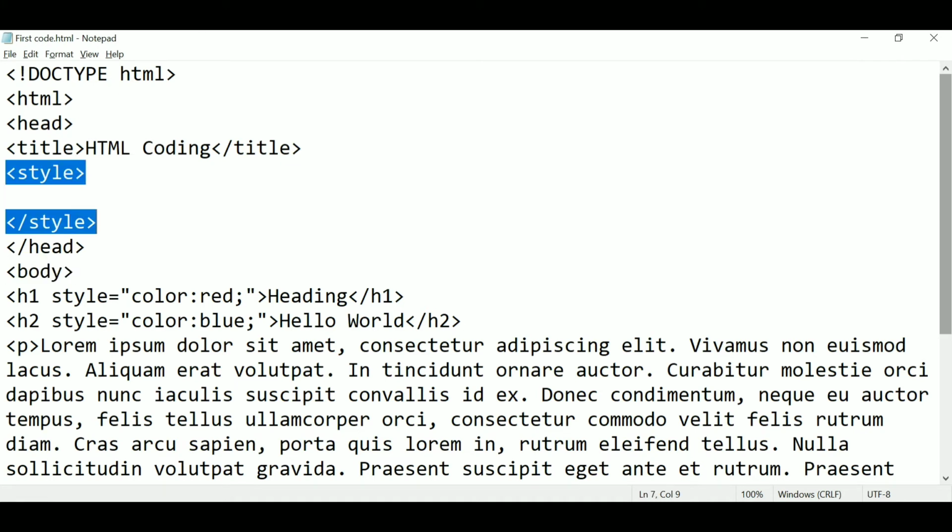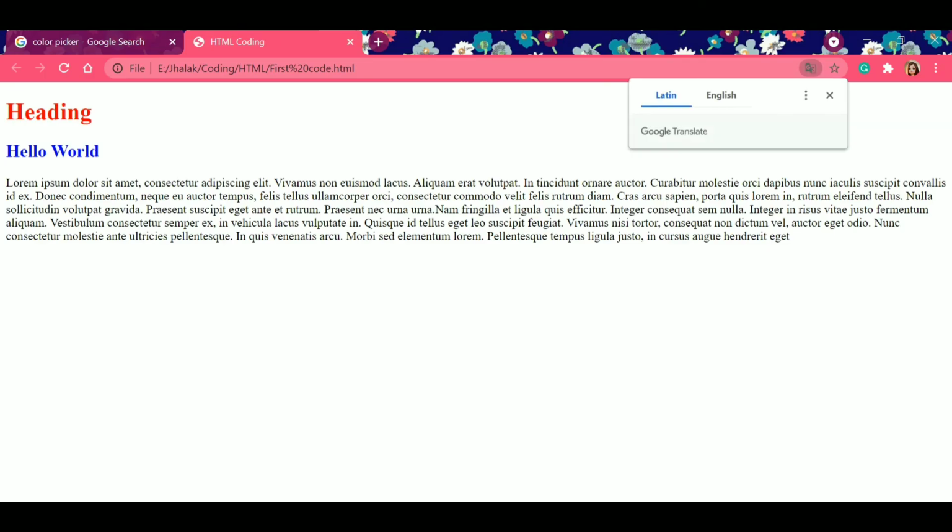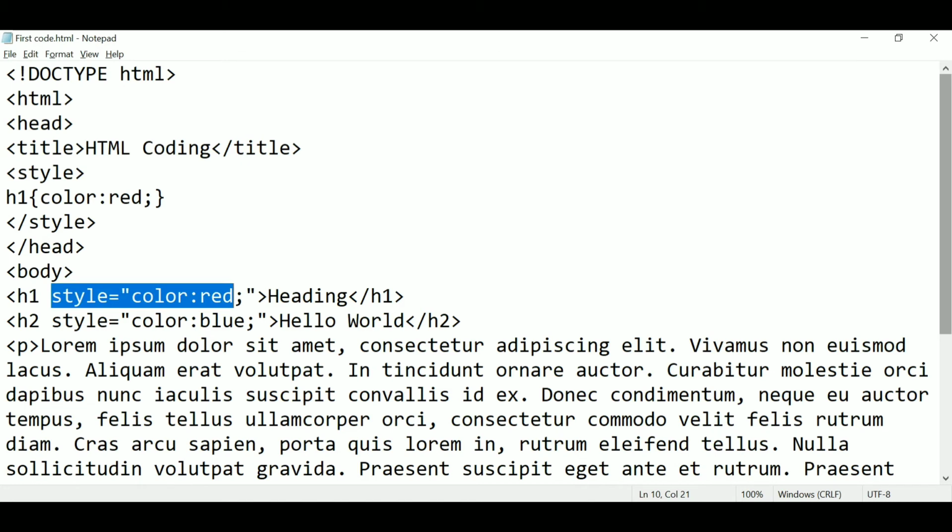But if we write it inside the style tag, it will become CSS. So the syntax is very simple. You have to start and close the style tag, and inside it you basically have to write h1, and then you have to give curly brackets. Now inside the curly brackets you have to write color colon. So here color means what formatting you want. Here you're going to write the parameter, which is going to be a color over here, and then you're going to give a semicolon. Once I refresh it, it's showing the same,